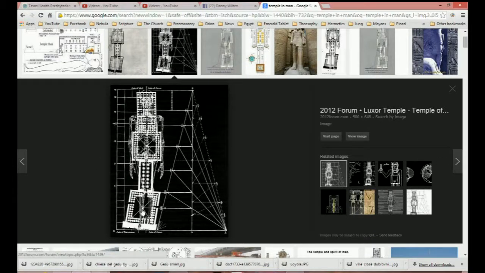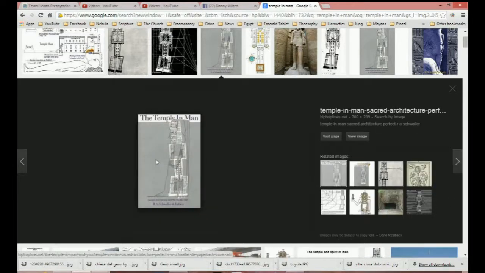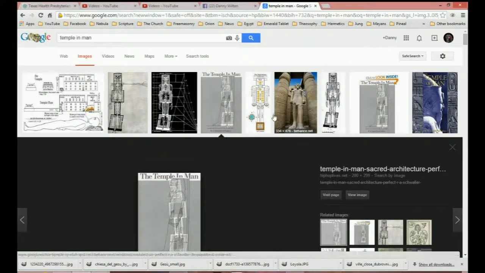And as I said before, as you go to these different rooms, the hieroglyphs that he read, he determined that these rooms were actually depicting in the hieroglyphs that certain part of the body that he's referring to. Now, in this next image here, you can see this is the cover of his book, The Temple and Man. And I highly recommend that you go pick up a copy of the PDF or buy it if you can. Here's Solomon's Temple right here from,